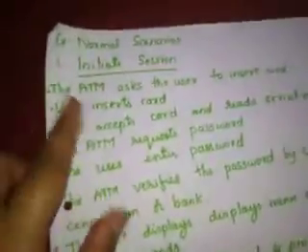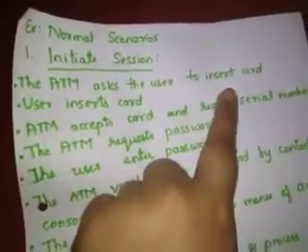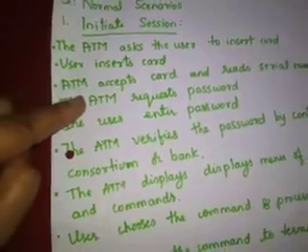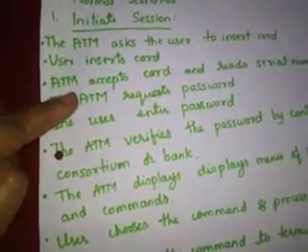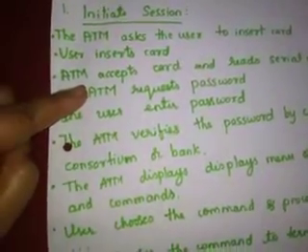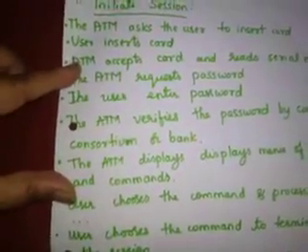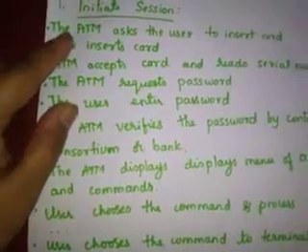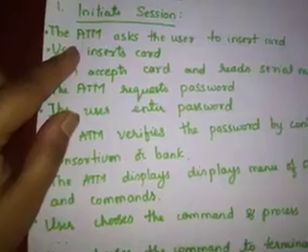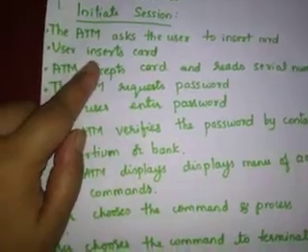Look here, the first scenario, what happens initially, the ATM asks the user to insert the card. Next is the user will insert the card. Next, what will the ATM do? Just close your eyes and think how you actually access your ATM machine. Nothing is outside here, all the things are actually what is happening in our day-to-day life. So you should remember the sequence, how the normal scenario of accessing the ATM will happen. So think about, you are going to an ATM. What you do, the ATM asks the user to insert the card and you insert the card.